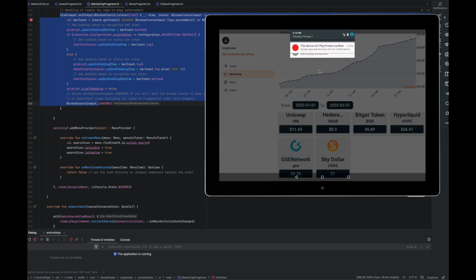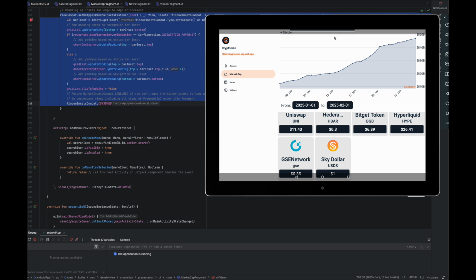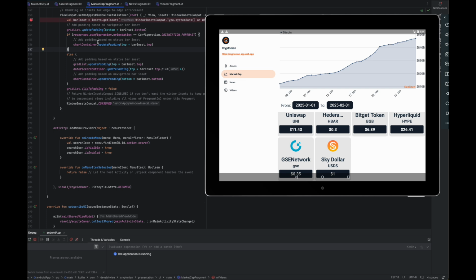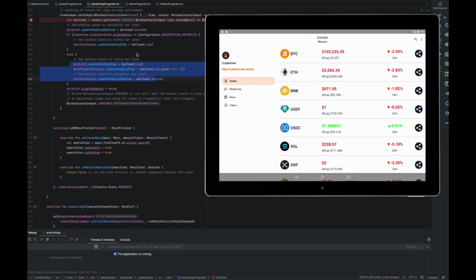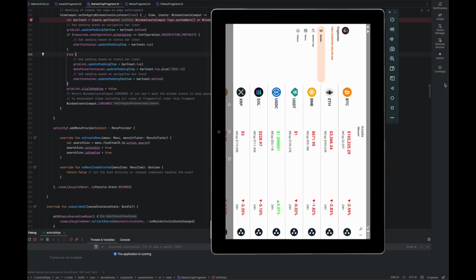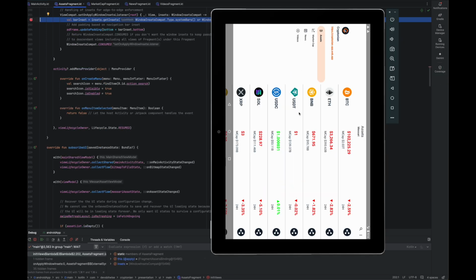The status bar overlaps our graph, and the recycler view no longer adds the padding, right? So, I don't know what is the problem here, but yeah, it's just another fragmented behavior, I guess.